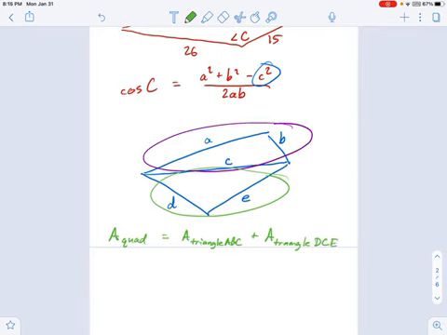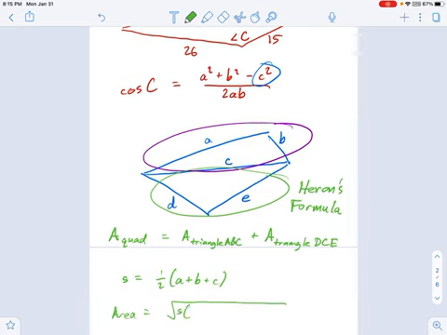Now, how do we find the area of a triangle if we know three sides? Well, I hope you remember Heron's law, or Heron's formula, right? That one was a very simple formula. It's that the semi-perimeter equals 1/2 of, I'm going to use the top one as an example, a plus b plus c, and then the area equals the square root of, this one kind of gets to be a pain in the neck, honestly, s minus a, s minus b, s minus c. Okay, so if you're lucky enough to have a combo problem that asks you for the area, this is the way you approach it. You'll find the area of the two triangles separately by using the three-sided formula, Heron's formula.